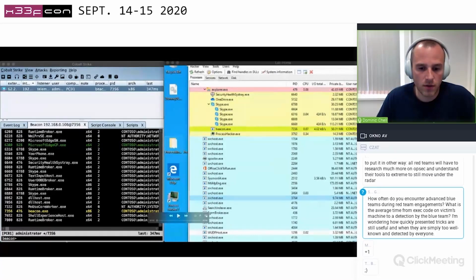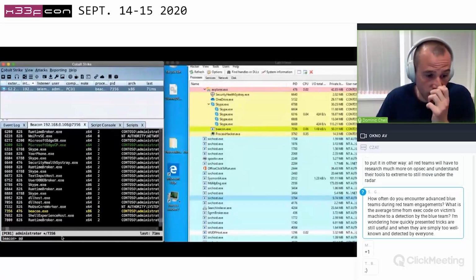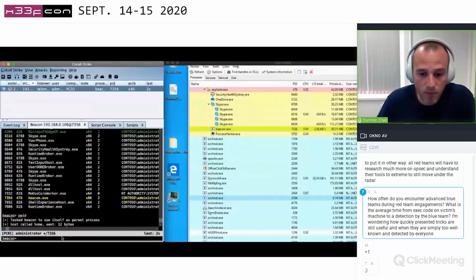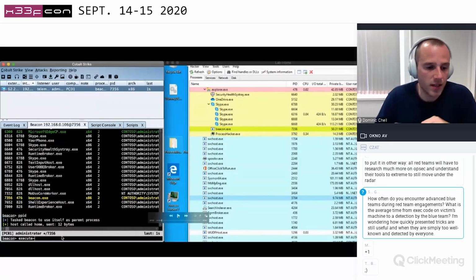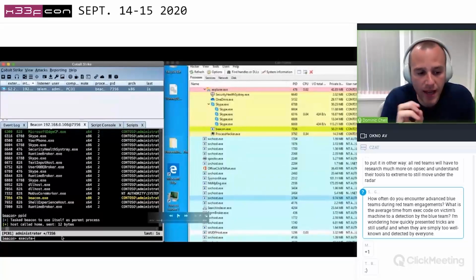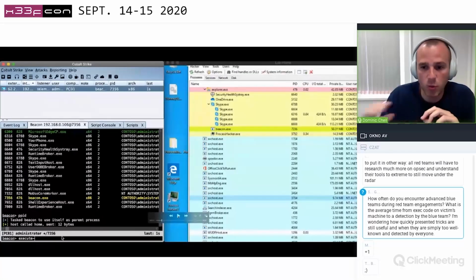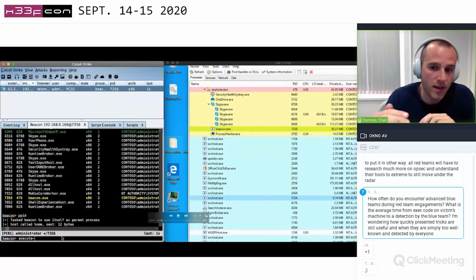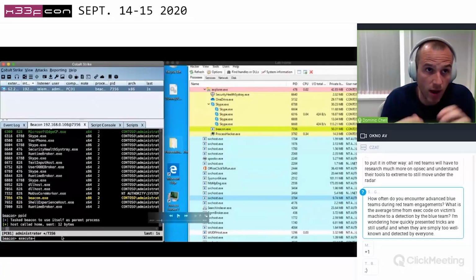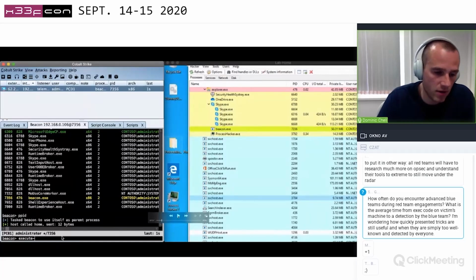So firstly, I'm just going to reset the parent process, basically just so we can see how this works. If we were using something like execute assembly, it would spawn a new process, where the child process, whatever's defined in our spawn to, is associated with the parent of Beacon, because we're not doing any PPID spoofing. So I'm just going to show you this initially to show you how it might work